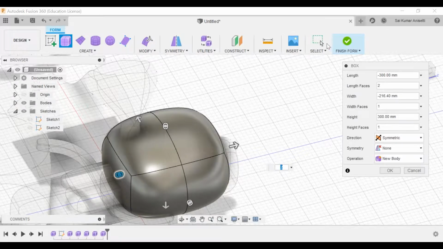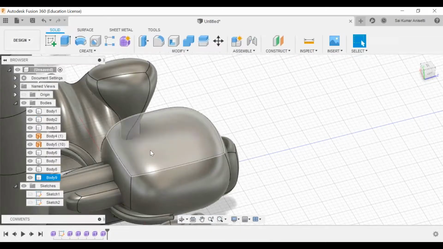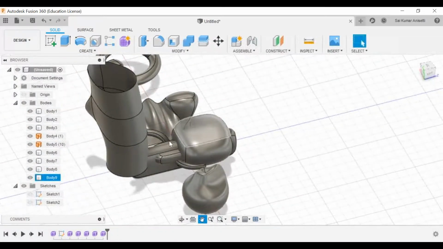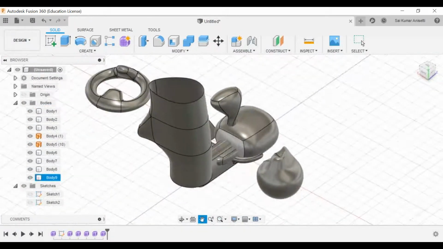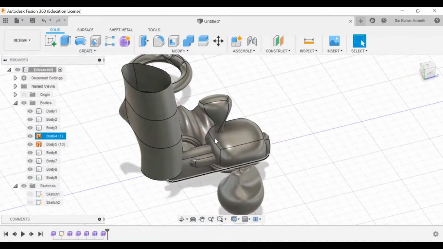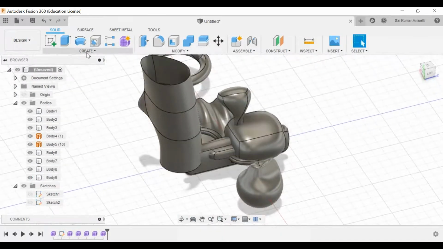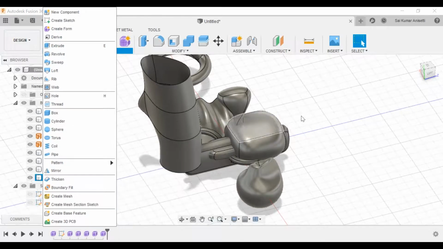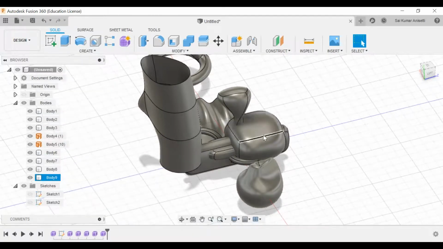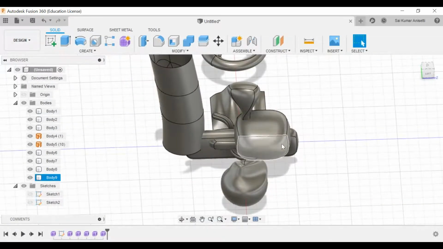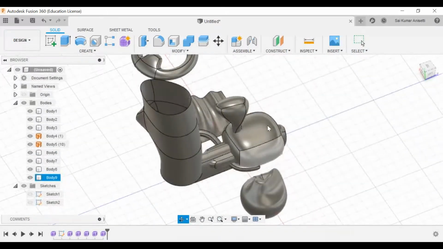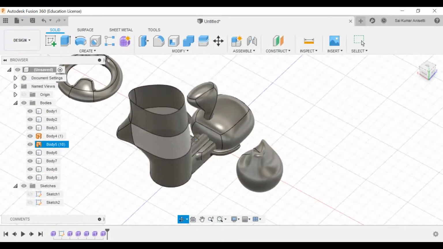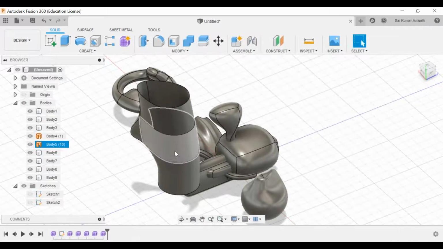Okay, once you click this and finish form, that will turn that into a solid one. Again, there is no way that you can undo it. See, now after creating all these things, these are now solid elements. Now go to create. I have created a lot of surfaces in yesterday's class. Now make a cut portion of that particular thing with these solid elements. Then you can create your imaginative shapes and everything.